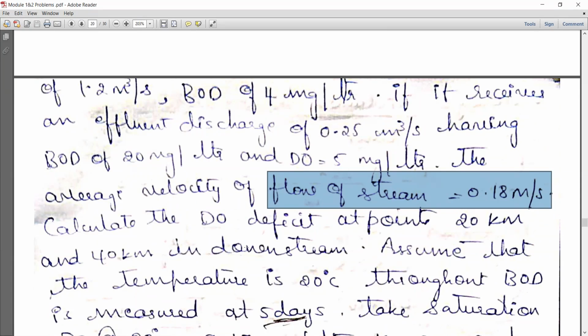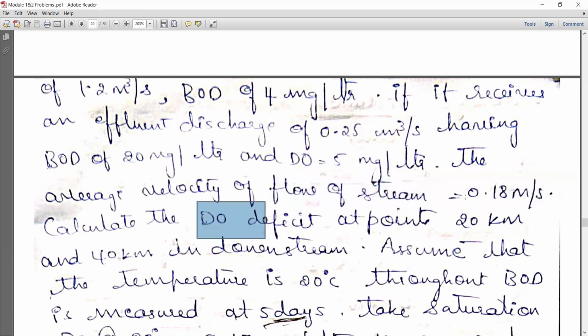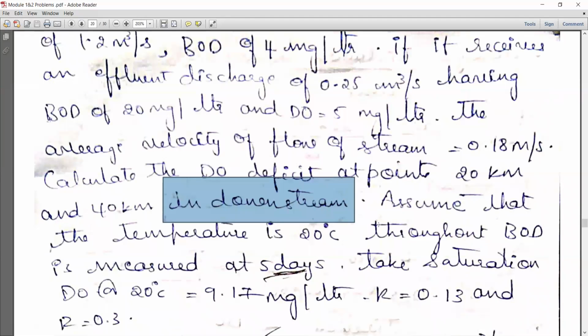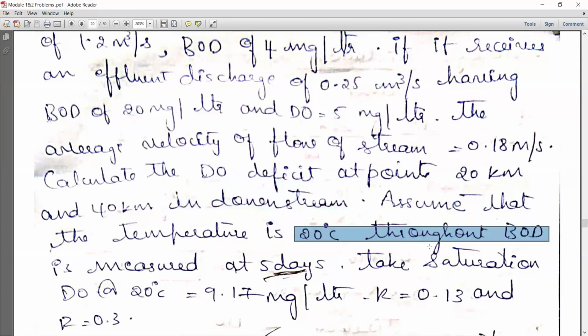So we have to find the DO deficit at 20 kilometers and 40 kilometers downstream. Assume that the temperature is 20 degrees Celsius throughout. So the temperature of the stream is 20 degrees Celsius throughout, the BOD is measured at 5 days, and saturation DO is taken as